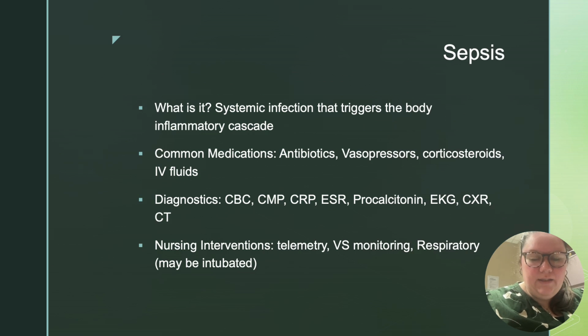As I mentioned, sepsis, that sepsis can be caused by, again, bacterial, viral, fungal infection that leads to a systemic infection that triggers the body's inflammatory cascades. We will do CBC, CMP, a CRP, so again, looking at that, or a SED rate, looking at that inflammation, procalcitonin. You'll do a chest x-ray, EKG, CT, a urine is another one, because a lot of times sepsis is caused by like pneumonia, UTI,